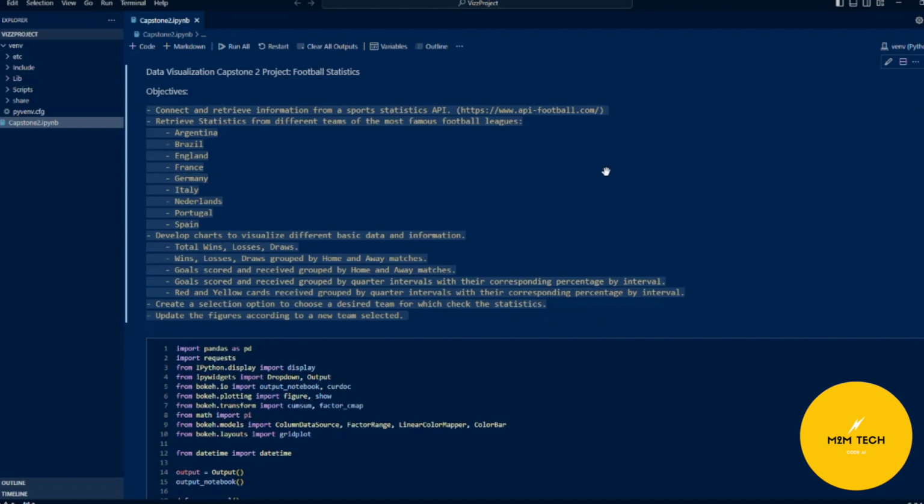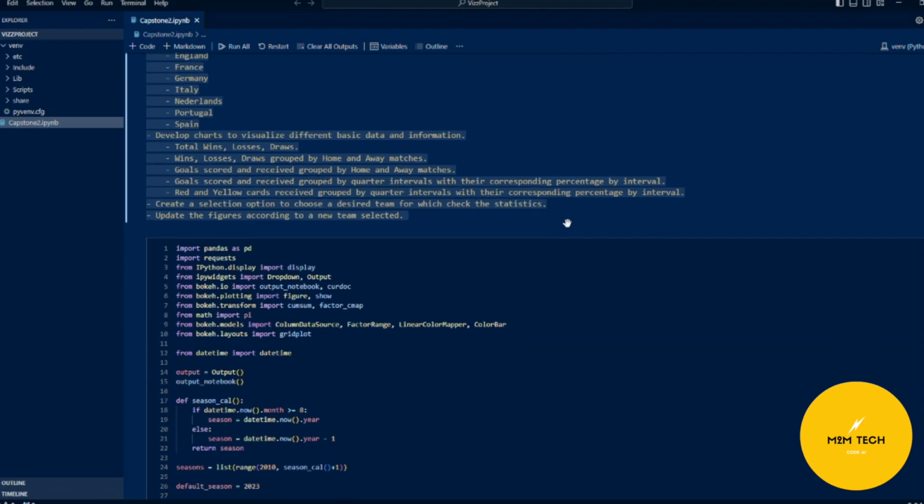Retrieve the statistics from different teams of the most famous football leagues, which in this case I decided on: Argentina, Brazil, England, France, Germany, Italy, Netherlands, Portugal, and Spain. From those, develop charts to visualize different basic data and information,